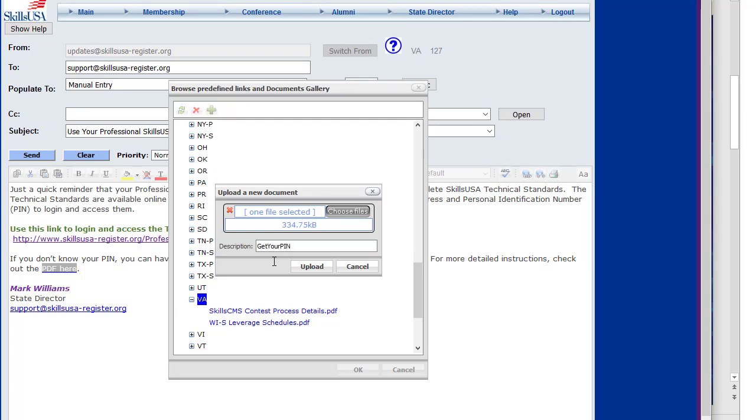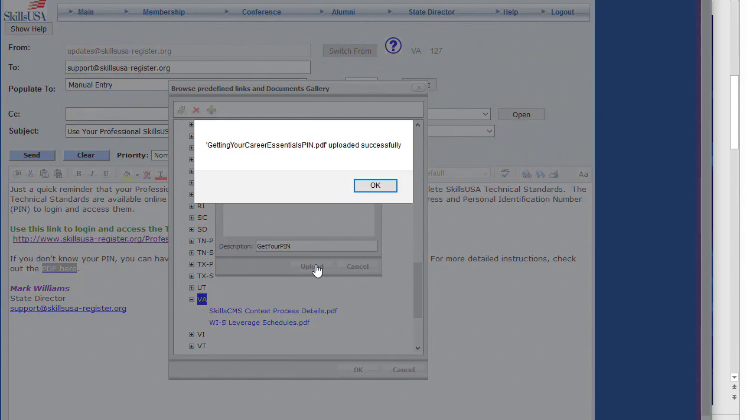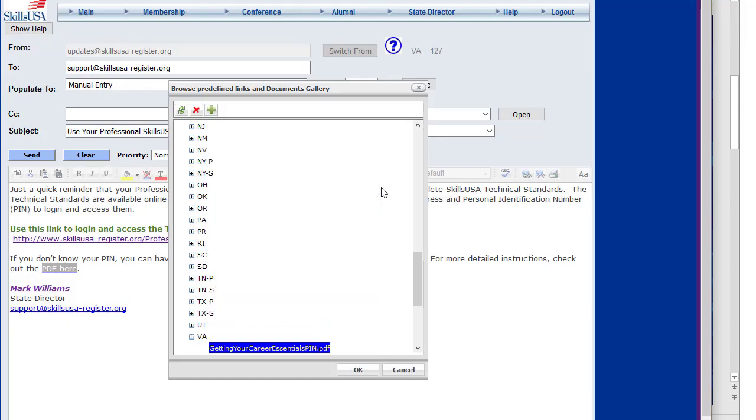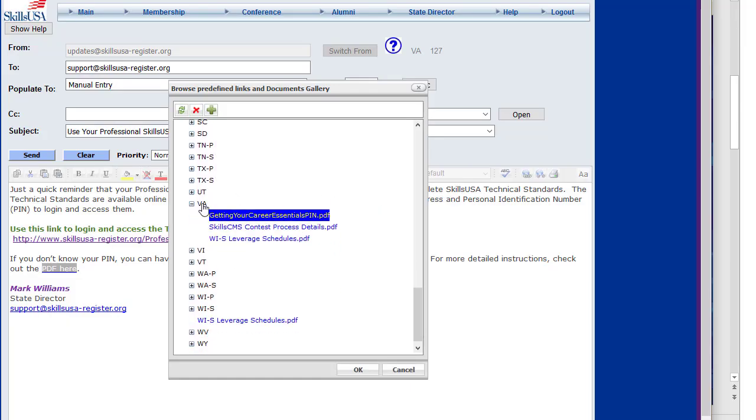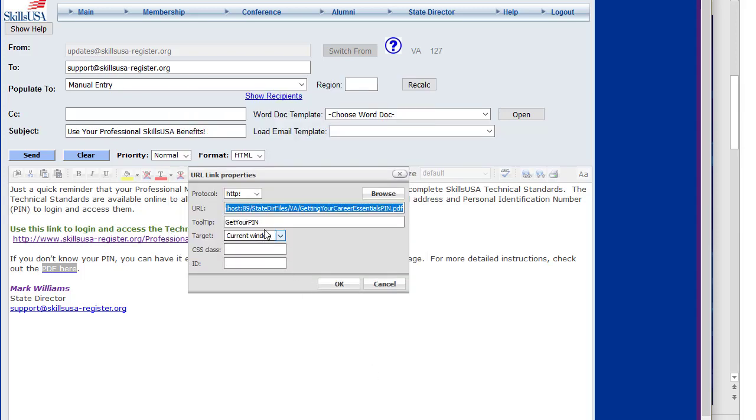put in a little description there if I want, and I hit upload, and it'll tell me that has been uploaded successfully. So now in that Virginia folder, I have a document called Getting Your Career Essentials Pin.pdf. I have selected that document, and when I click OK,